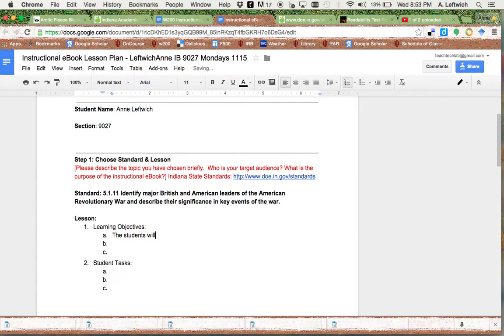You should always start with the students will be able to, and then you want to be specific about describing the objectives. So you don't want to use a verb like understand, because it's difficult to measure understanding. You don't want to say the students will learn, because that's difficult to measure as well. So it would be something like the students will be able to list British and American leaders of the American Revolutionary War. Feel free to use the words from particular standards. Sometimes that helps. And then the students will be able to describe the significance